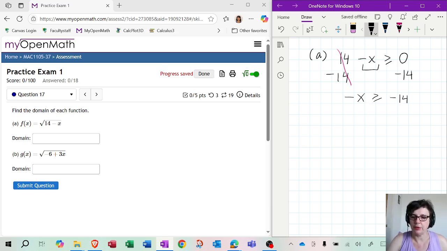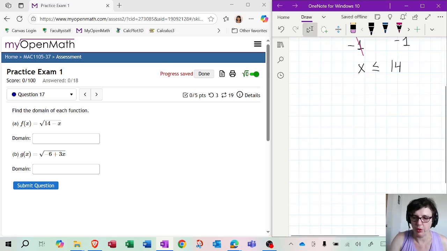Now, here is where a lot of students make mistakes, because when they see this negative, and hopefully you understand that this is the same thing as -1 times x, right? This is -1 times x. So to get rid of the -1, you would divide the whole thing by -1. But when you divide by a negative, it's very important: whether you're multiplying by a negative or dividing by a negative, the sign of the inequality must flip. So, okay, -1 here cancels. Instead of greater than or equal to, you're now going to get less than or equal to. So that's very, very important. And then -14 over -1 is just going to be +14.